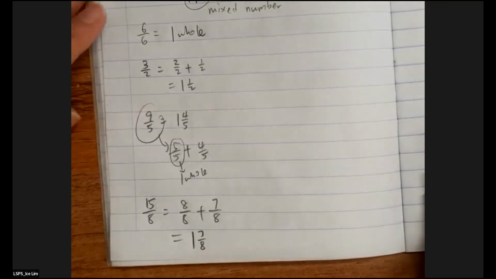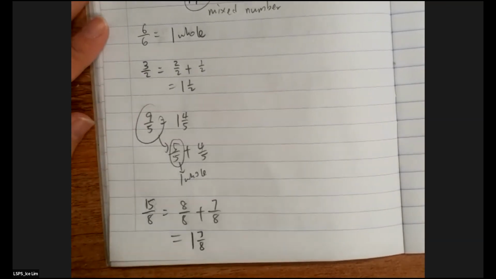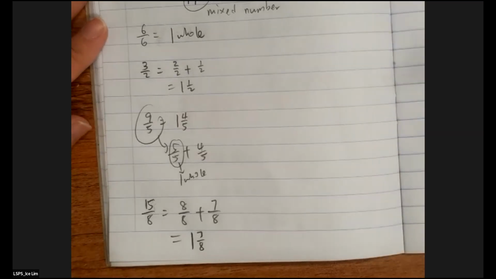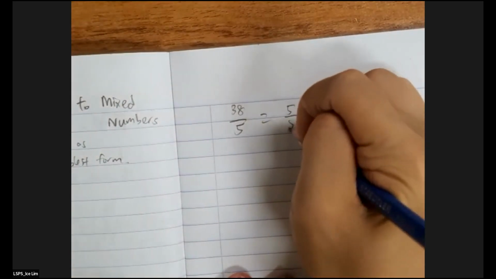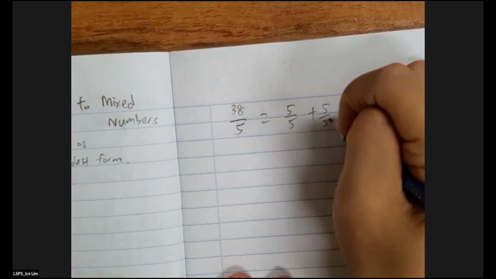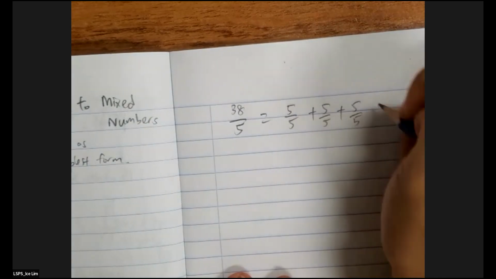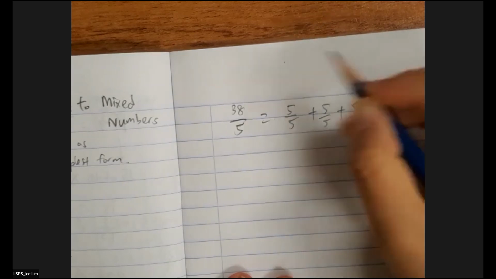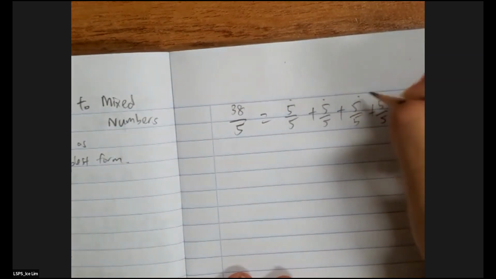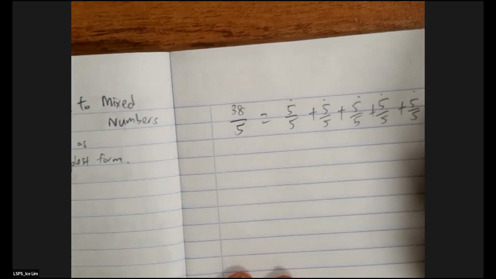So far, so good. How about trying an even more difficult one? Let's go with 38/5. And so 1 whole, 2, 3, 4, 5, 1, 2, 3, 4, 5, 6,